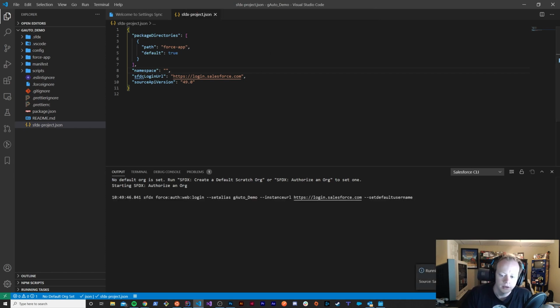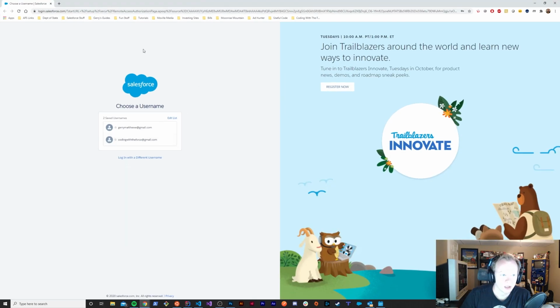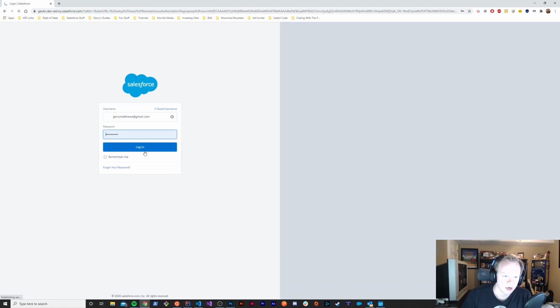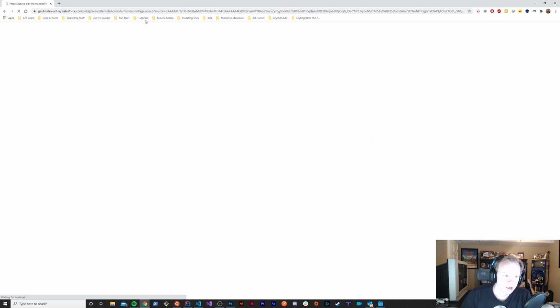And this is going to run a command that you'll see pop up in the bottom right corner. I know that my face is kind of interfering with that, but it's going to pull up a window that looks like this. So it just automatically popped this window. It was on my other screen, so I brought it over here, and it's going to allow you to log in through your browser into your org. So once you log in through your browser into your org that you're interested in,